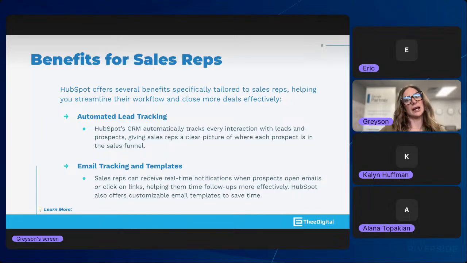And then once they become a customer, HubSpot has an entire service hub in which you can create tickets and have a full ticketing system. So again, really understanding that this tool can track every single interaction for your business. So specifically on the sales side, where are the leads at? We track leads. Again, we've been in business for over 21 years, but we have data from all of our leads